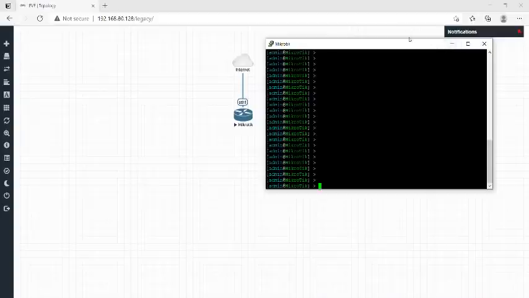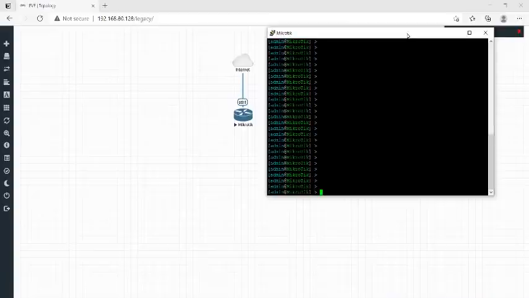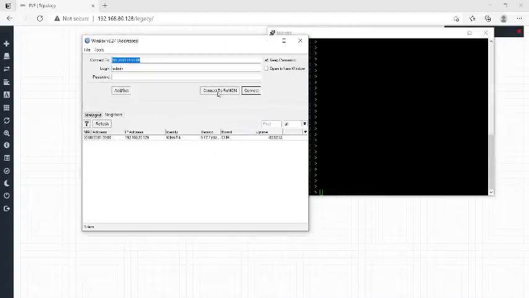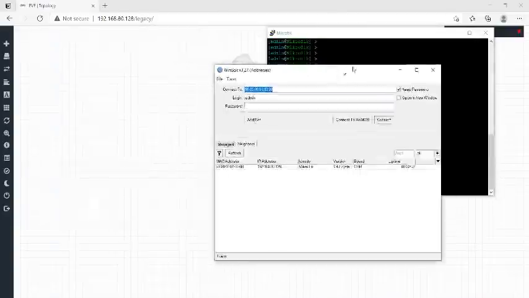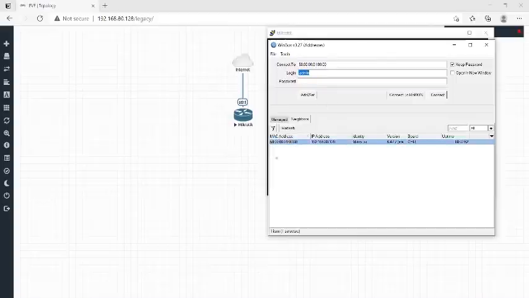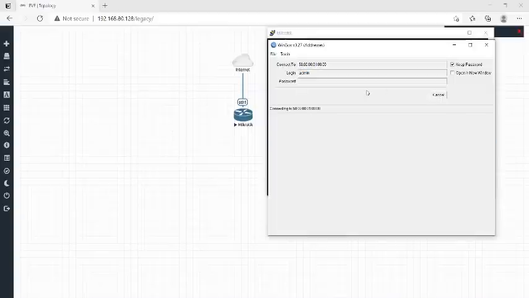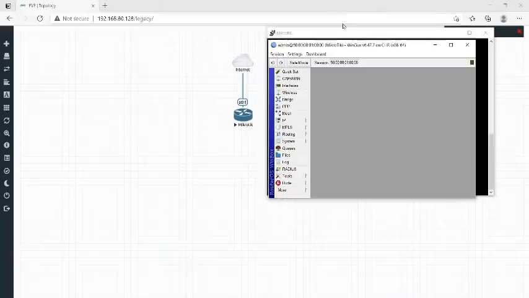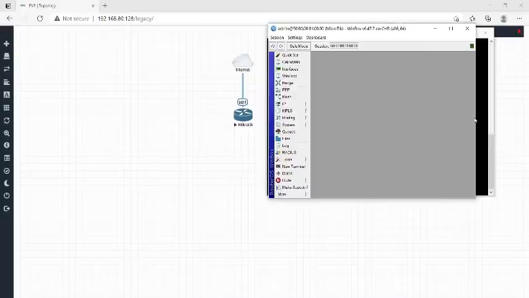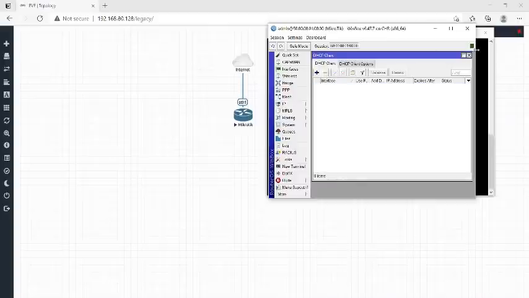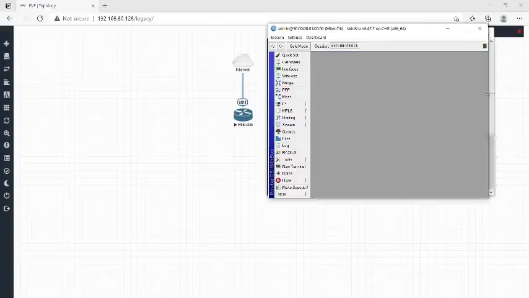And now you can configure. So I will show you both ways, the two ways, how you can create a DHCP client on your MikroTik via CLI or via GUI. So let me show you first via GUI. So this is the application by which you can get the interface. Just click here on the MAC address of the MikroTik and click on the next button. After clicking the next button, it will be accessible successfully. Here you can see, and I'm going to delete the interface first. Just delete it.